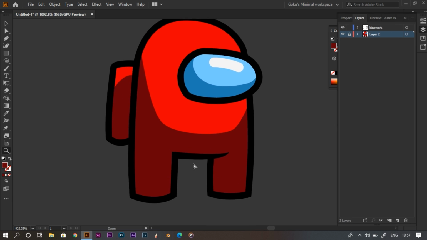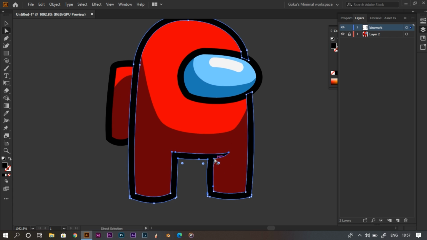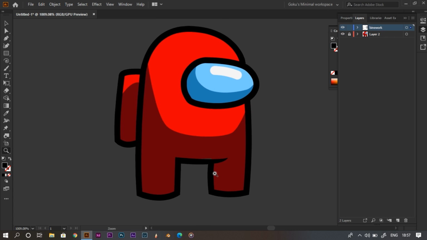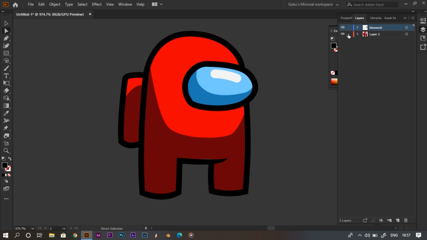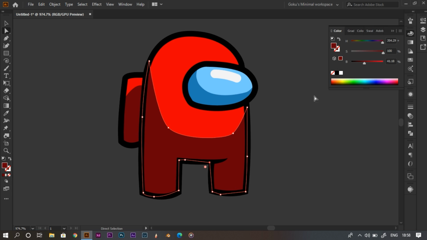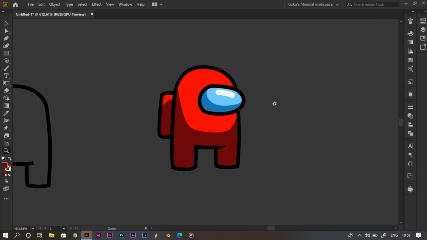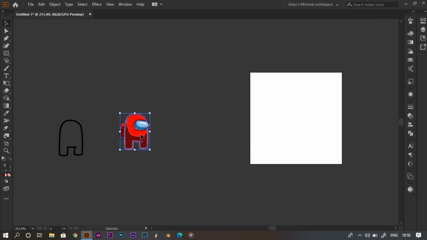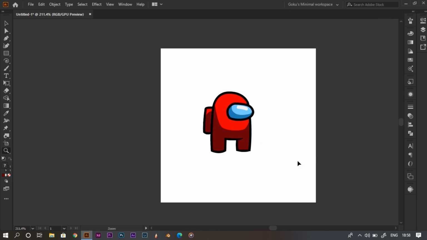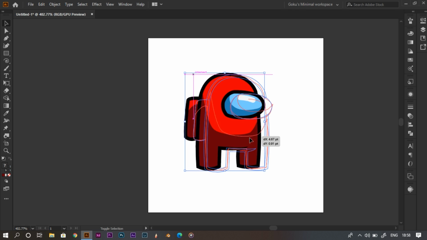And I think the size of the body is a bit less, so we'll just unlock the line work layer and lock the color layer so we can work on the line layer and drag it a bit low. And now we'll lock the color layer and just drag its color a bit down. Alright, it's looking good.